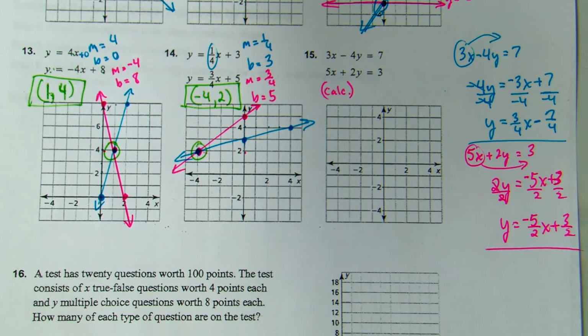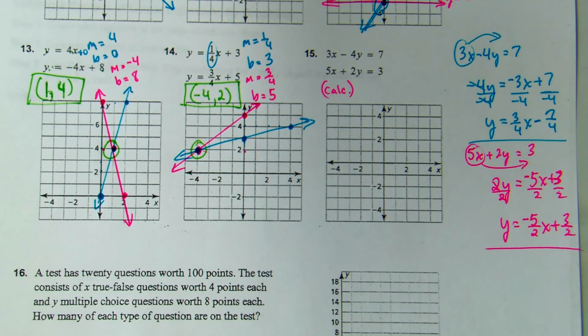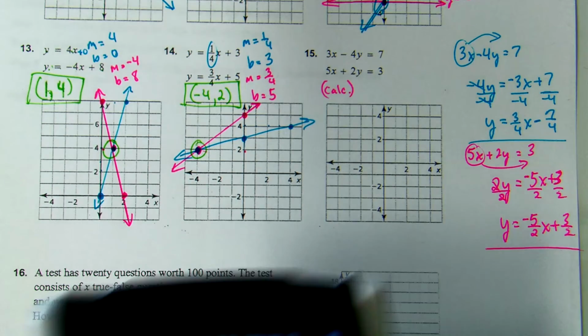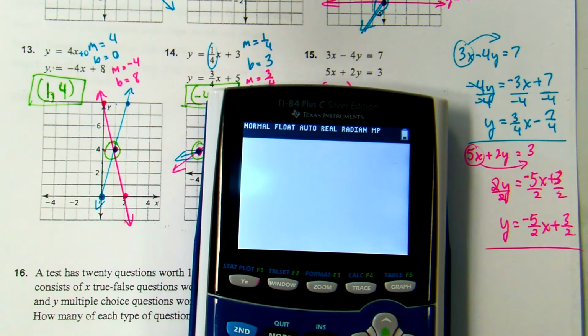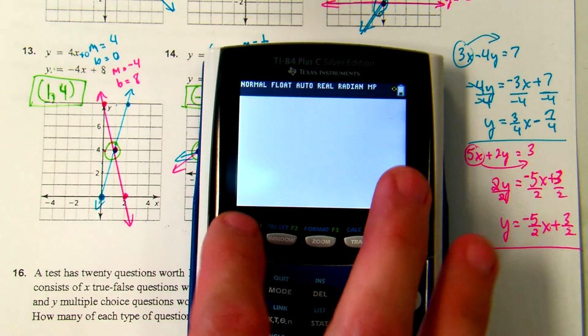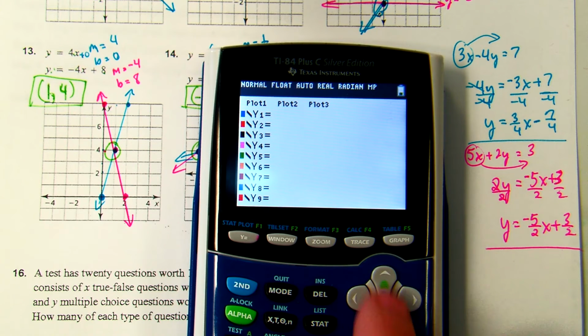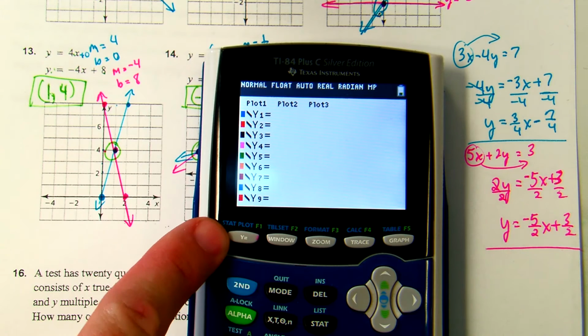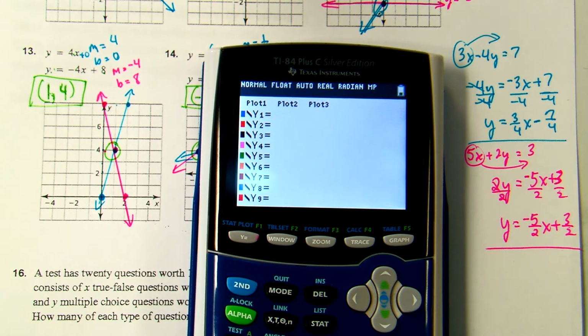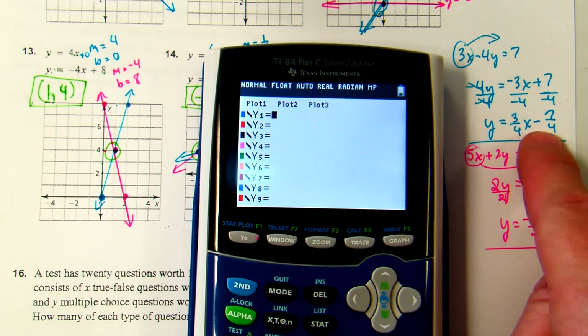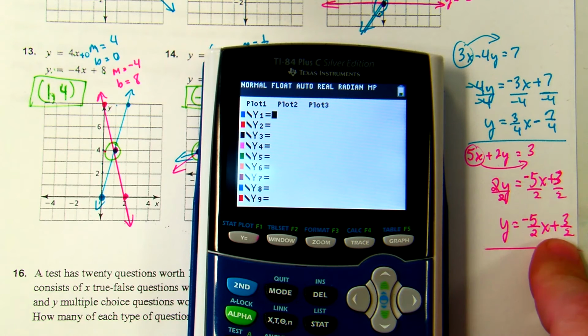our calculator, if you've got those, make sure you turn it on, and you're going to go into y equals, all right? Y equals, and I've already got it in here. I'm going to clear this out just so we can show you how to put it back in. But if I go to y equals, which is the button right here at the very top left, I can put in these equations. I can put in this equation here and this equation here, and I can graph them